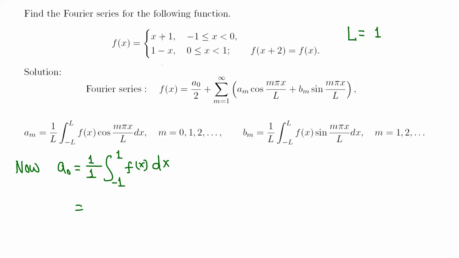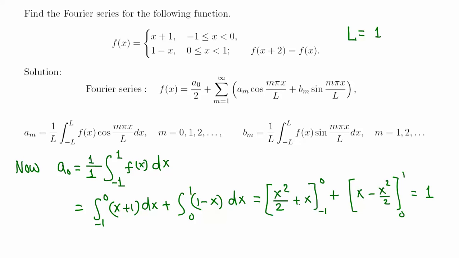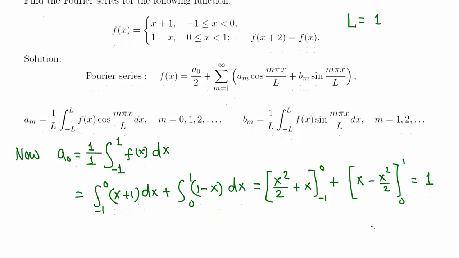This function is given by 2 pieces, so negative 1 to 1 should be written as negative 1 to 0, where the function is x plus 1 dx, plus 0 to 1, where the function is 1 minus x. Now we do the algebra, this is calculus 1, and with this calculus 1 work, we get a naught to be 1. Okay, next we find the a_m's